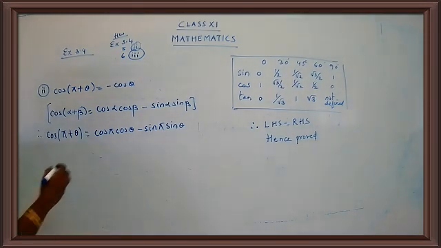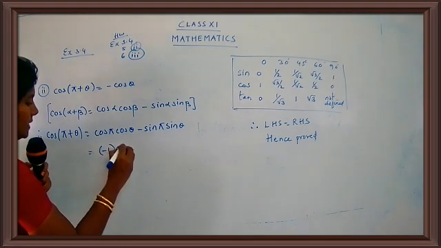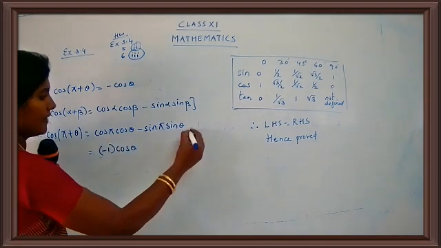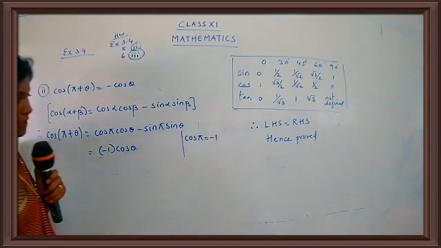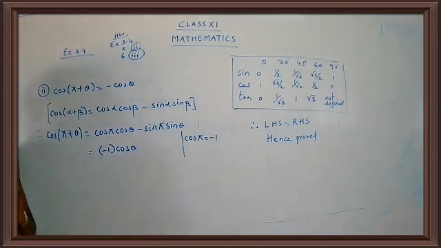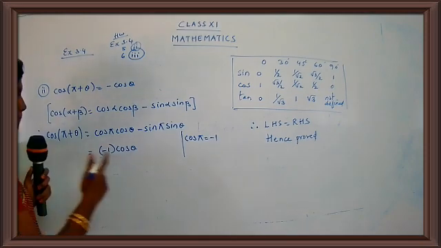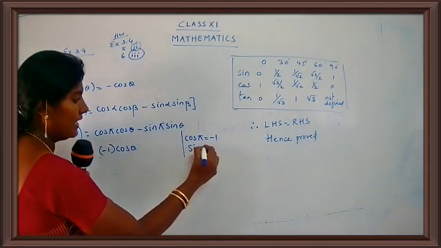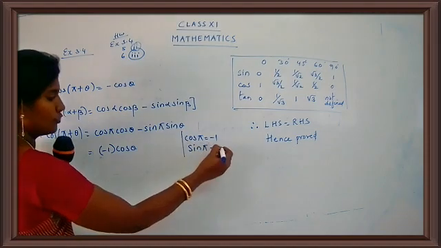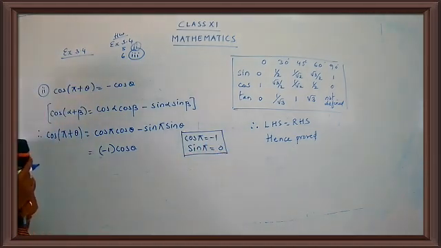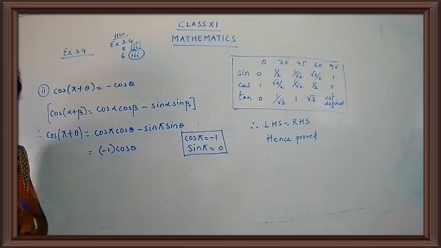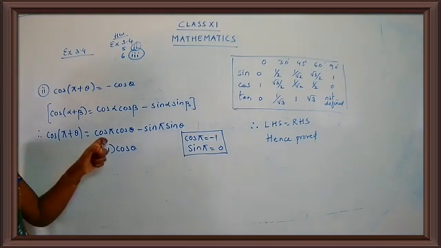Children, so this is minus 1 cos theta. That is the value for cos pi. Remember the value for cos pi, children? The value for cos pi is minus 1. And what is the value for sin of pi? The value for sin of pi is 0. So you should know the values. These are the different values that you are studying now. So what is the value for cos pi? Minus 1. And what is the value for sin pi? That is 0. So try to put the values that you know.